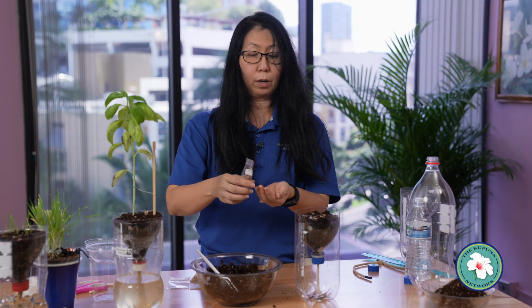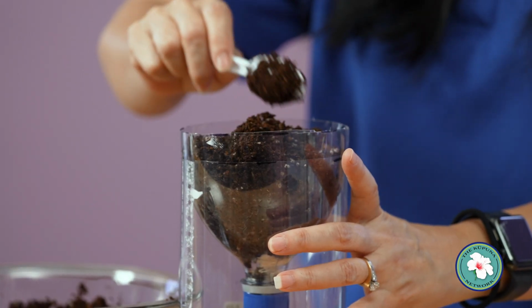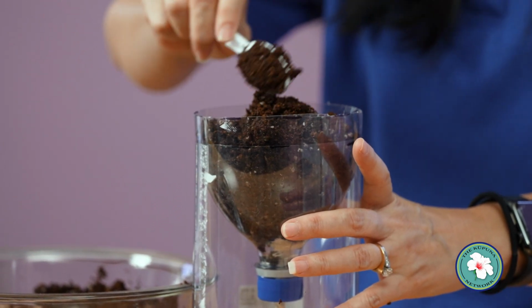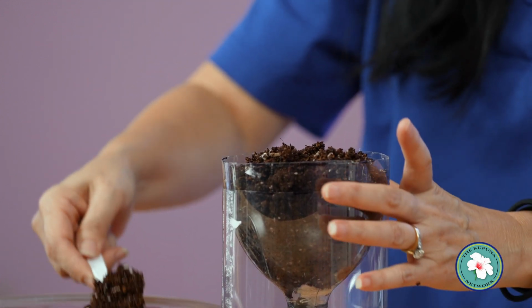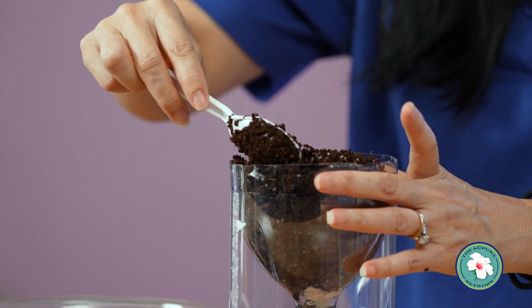Okay, you want to put a lot of seeds. You want to put a handful. I just put like a handful. I'd say maybe this is about 10 or 15 of them. Okay, so now that we have our seeds, we're going to go ahead and cover the seeds loosely again. Okay, we don't want to pack it in. We want it to have a lot of space for it to grow. Just want to make sure all of the seeds are covered. Okay, so that's basically